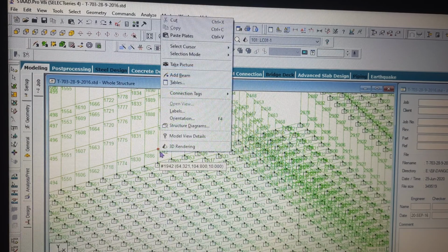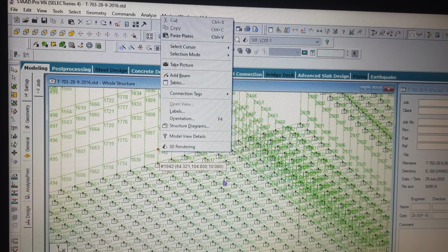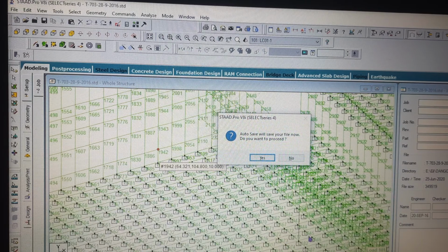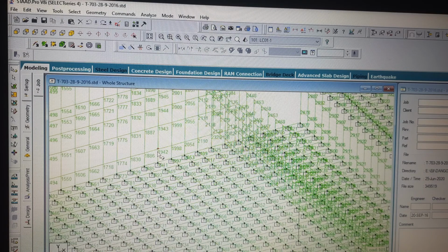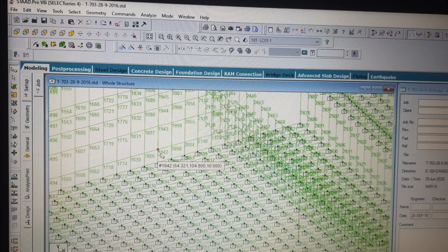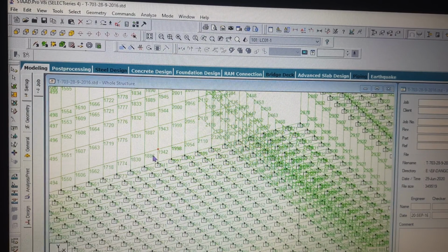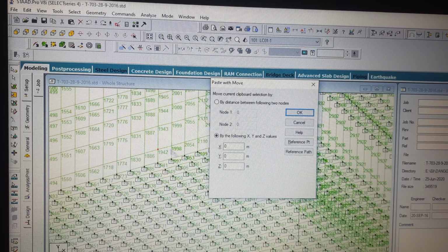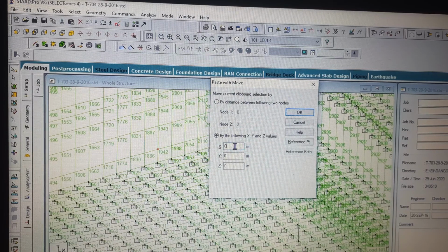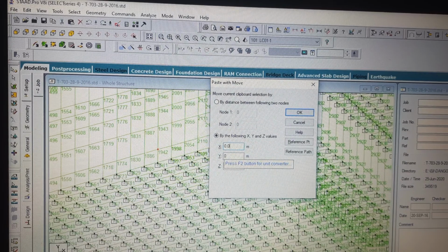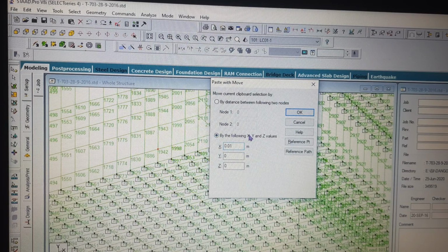I select this node, copy it and paste it some distance apart, say 0.01 meter.